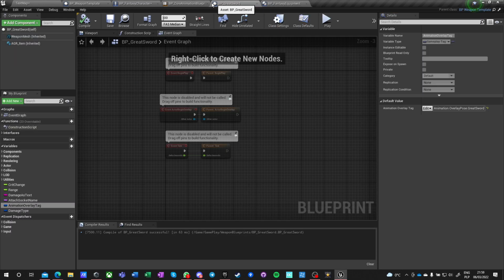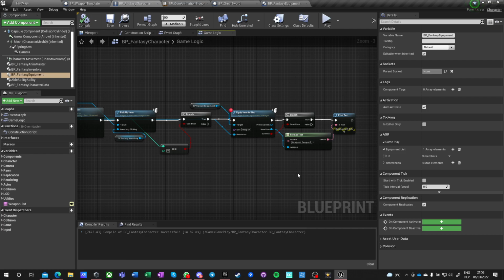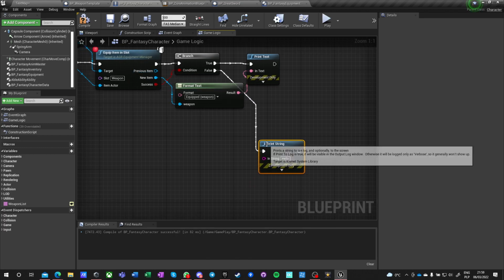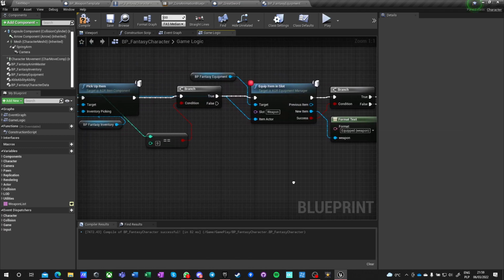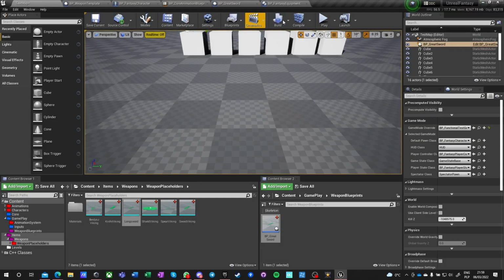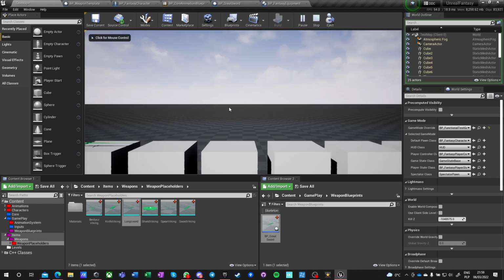So let's see what happened there. And if it is false, then print string. We won't know what happened, but equip failed. We'll know at least that much. So start